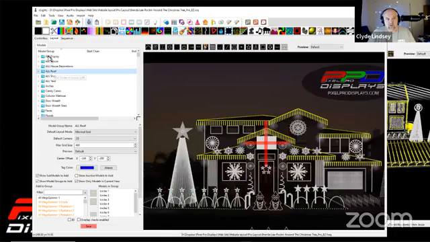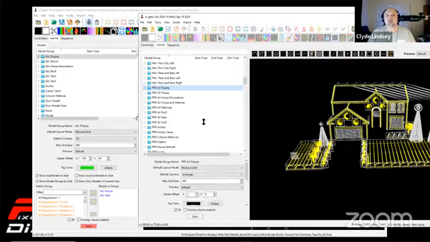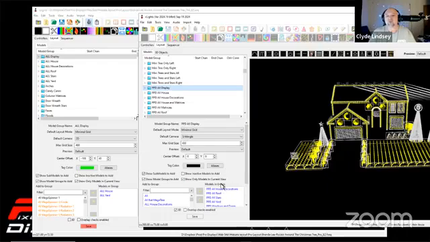So here is the all display. Now, he's done all of this work himself. Some of these may not be set up 100% the right way, but at the same time, little things like this are going to stand out. If you put all display here, like the way we do all displays, all house and all yard,